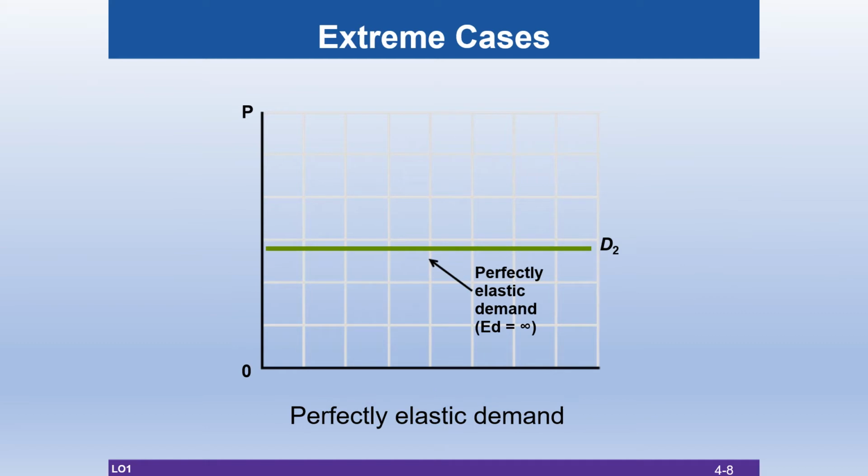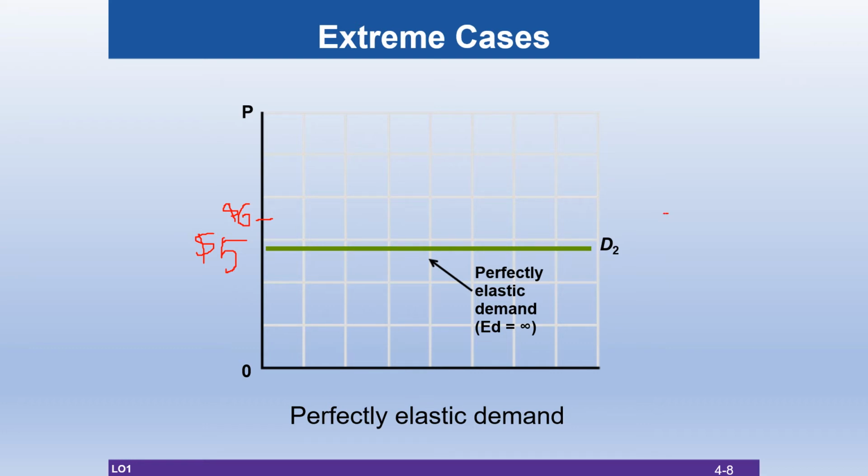The second extreme category is perfectly elastic demand. So in this case, let's say it's a homogeneous product in a perfectly competitive marketplace where everybody is selling the same product for $5 a piece. And consumers are aware of it, that the market price is $5. So if consumers are aware that the price is $5, then with any attempt to charge more, customers are going to go away. They're not going to buy from the guy who's charging $6 or $5.50, anything else. So they just will go away.